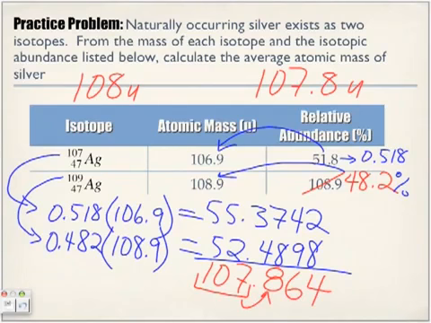Even when you're making your calculations, if you're trying to find the atomic mass subtracted by the atomic number to give you the number of neutrons, you always want to round off to your nearest whole atomic mass, right? So 107.8, you'd round off to 108. Why do we do this? Because you have to. Now, if you look at these two, they don't compare to the actual atomic mass, right? We're looking at the isotopes